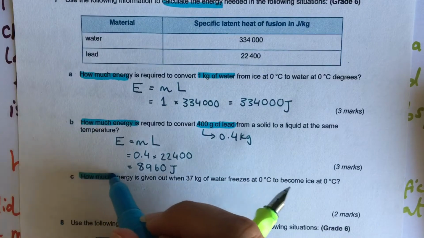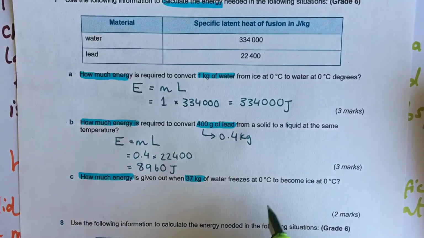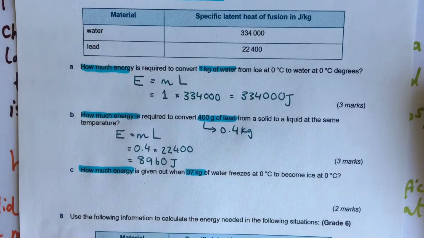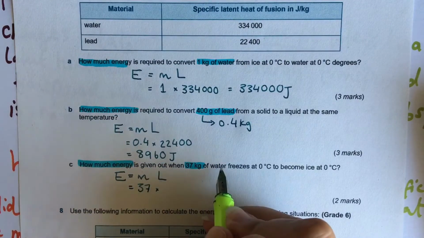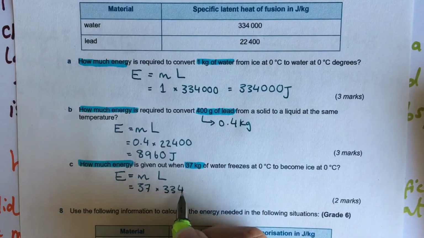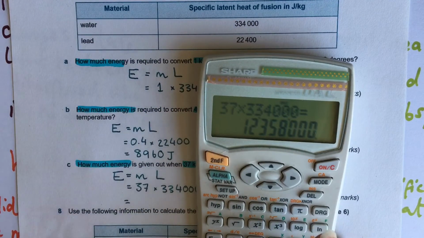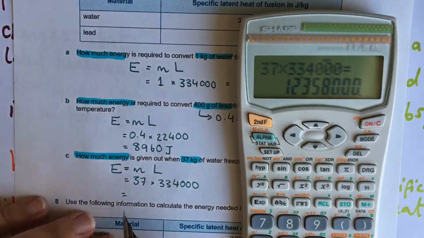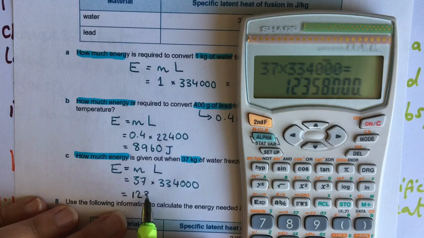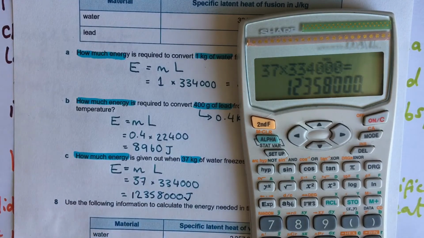How much energy is given out when 37 kilograms of water freezes at 0 degrees Celsius to become ice at 0 degrees Celsius? Ooh, massive number. So we could do one of two things here. We could write down 12,358,000 joules, or we could do something which I would think would be better, which is to put it into